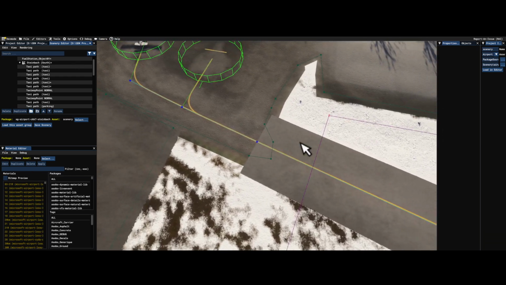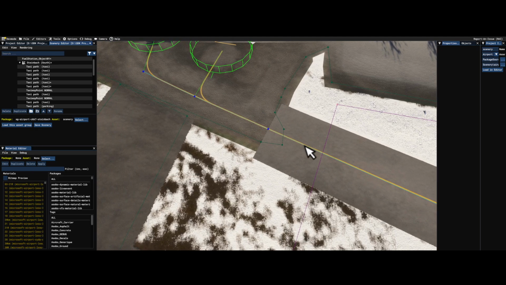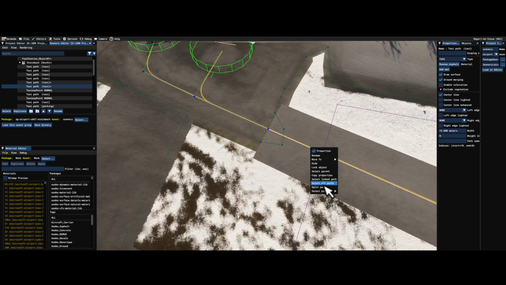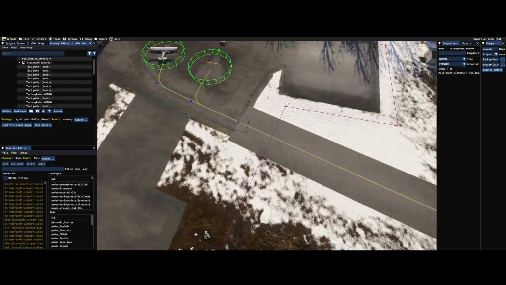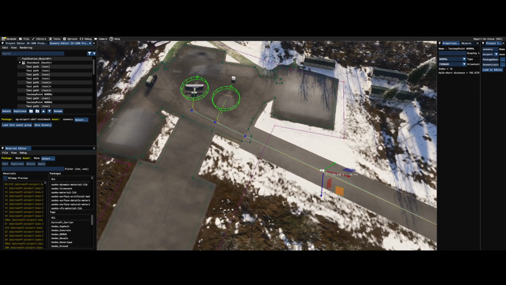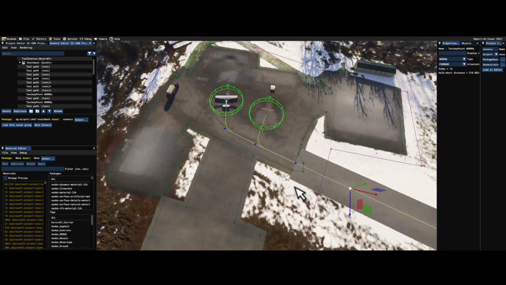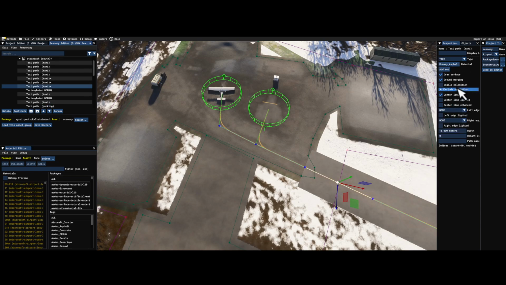Now, you see how this is kind of not lined up, and I'd like to do that a little better. So if we split the path and click on this green thing, we'll just get it close to there-ish, something like that. So now, if I were to change this width to, let's say, 10 meters,